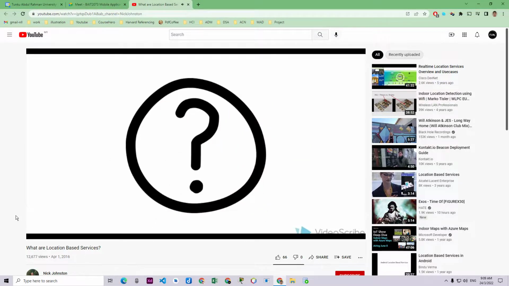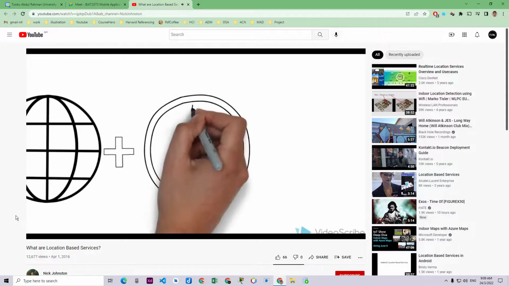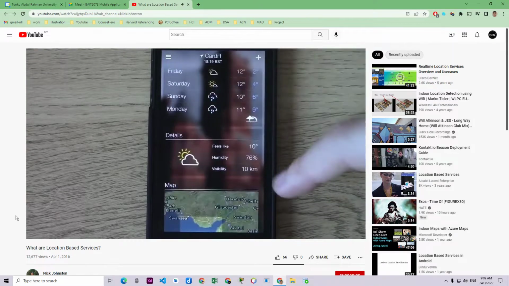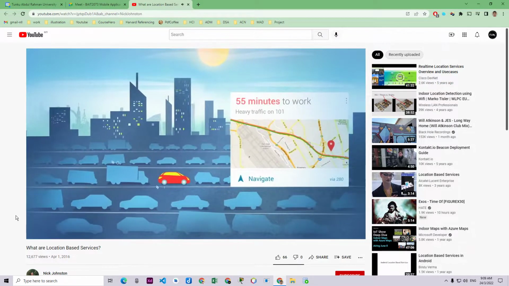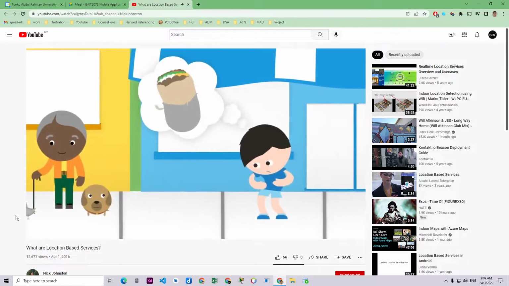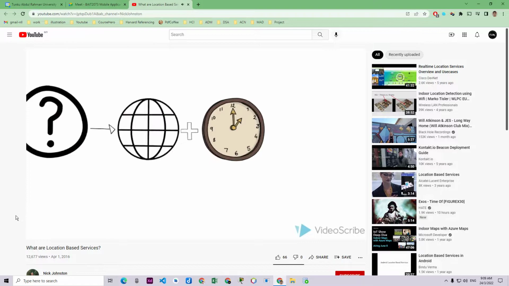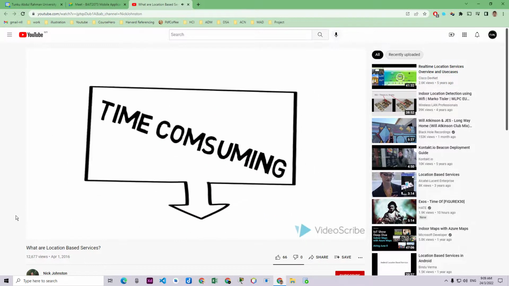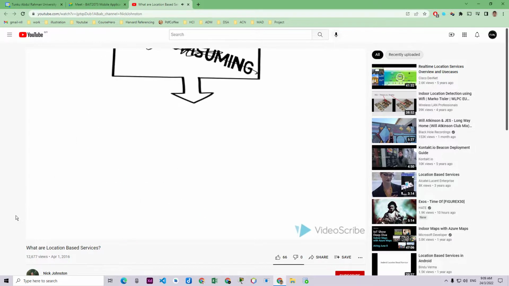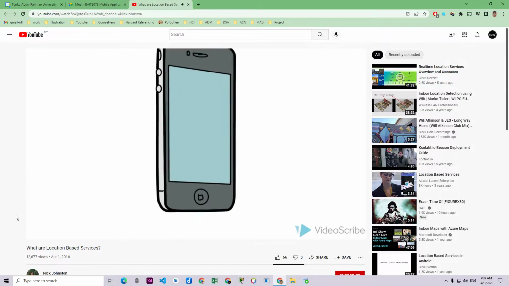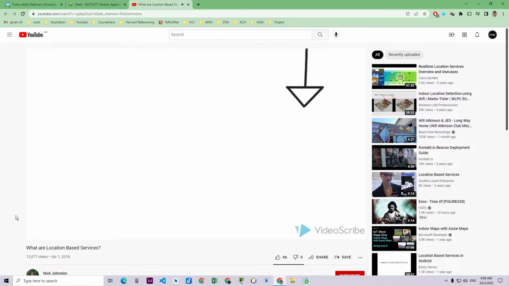In the smartphone age, something that we often take for granted is having the right information at the right place and time. We have the weather customized to our own neighborhoods, our phones offer us faster routes to work without even asking, and finding a cheap place to eat rarely takes more than a search for the word food. This constant need to match the right information with the right place and time sounds time consuming, and yet it isn't. This is partly owed to something called location-based services. Location-based services, or LBS, use real-time geodata from a mobile device to provide information, entertainment, or security.